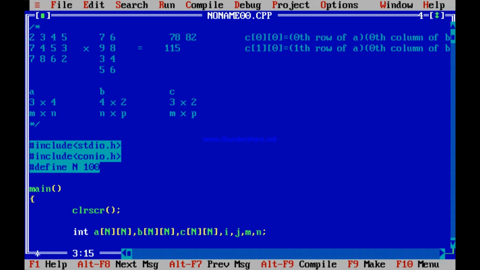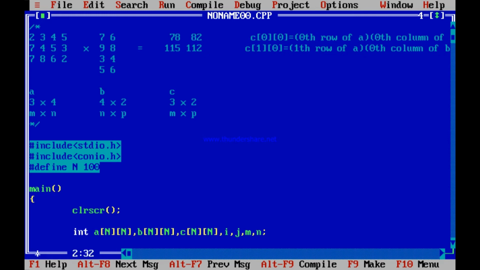That is individual elements being multiplied. 7 into 6, 42. 4 into 8, 32. 74. 5 into 4, 20. 94. 3 into 6, 18. 94 and 18, 112. So this is 112. I think you understand this.